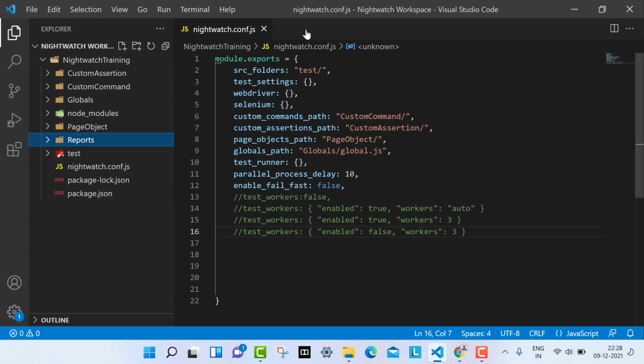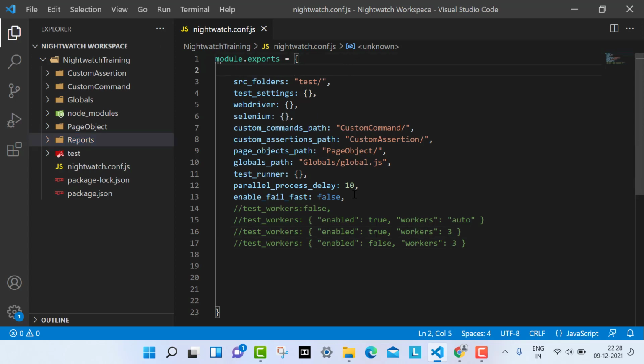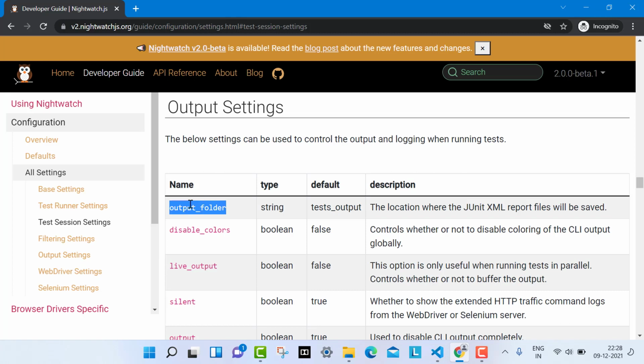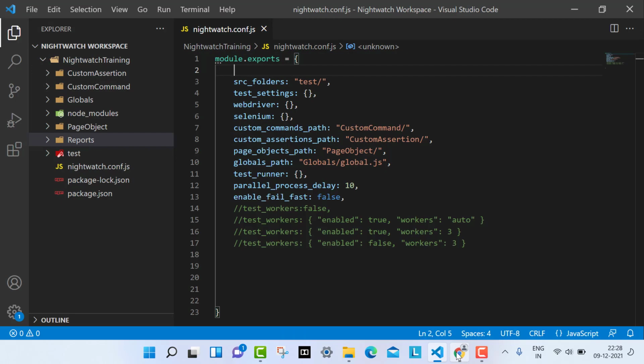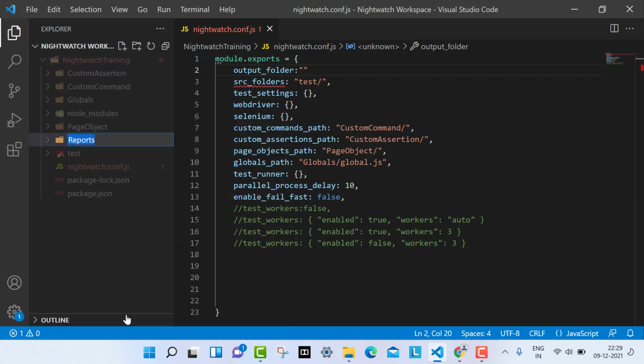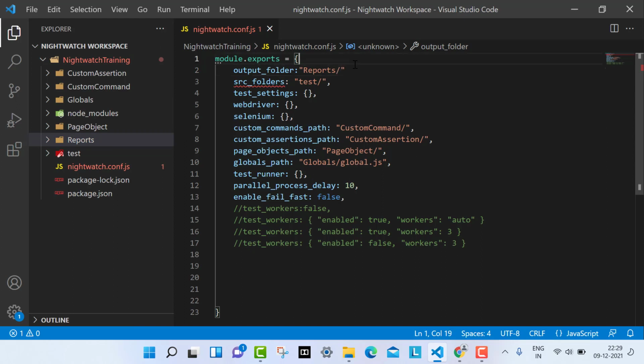Let me use this on the top of these things. So the output folder, I'm going to give it like that, output_folder, and the value will be reports, right? Here it goes. So what will happen here? Whenever the Nightwatch test case runs, the JUnit report will be saved in that directory.